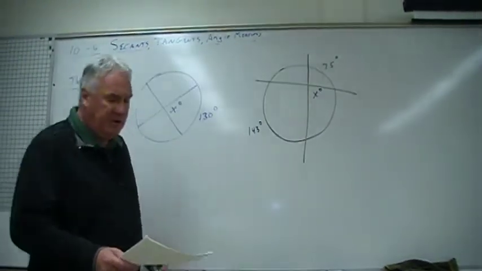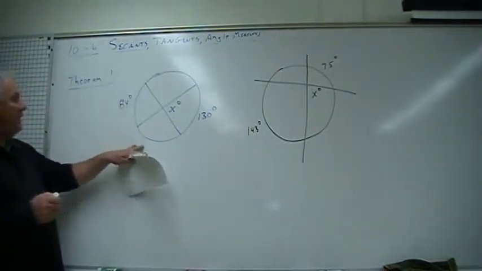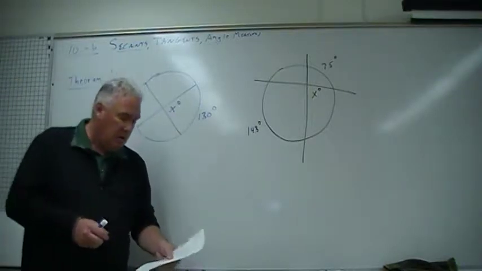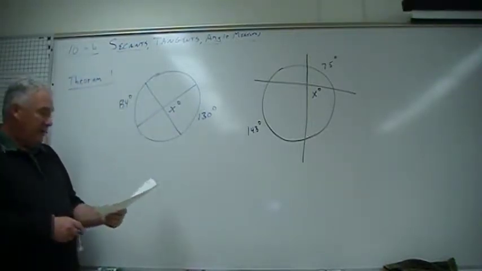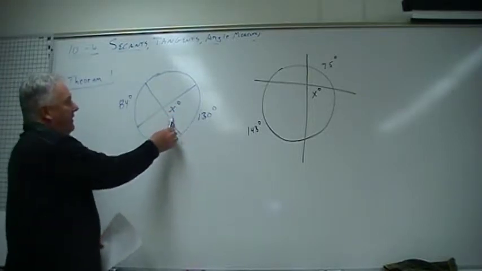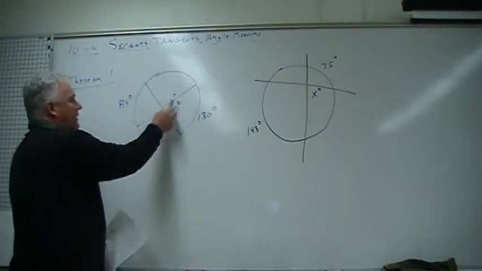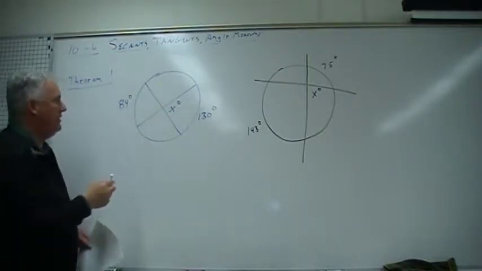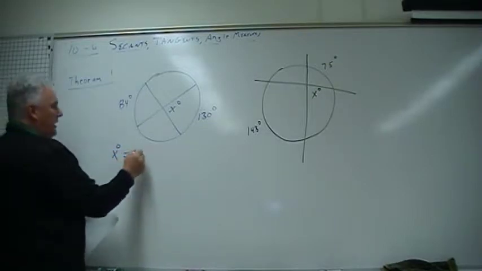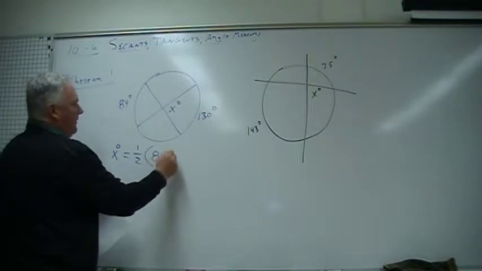All right, first theorem for 10-6 talks about when two secants intersect inside a circle, in the interior. And the rule that they talk about is that the measure of the angle, in this case x, is half of the sum of the two intercepted arcs. So the x degrees will equal 1/2 (84 plus